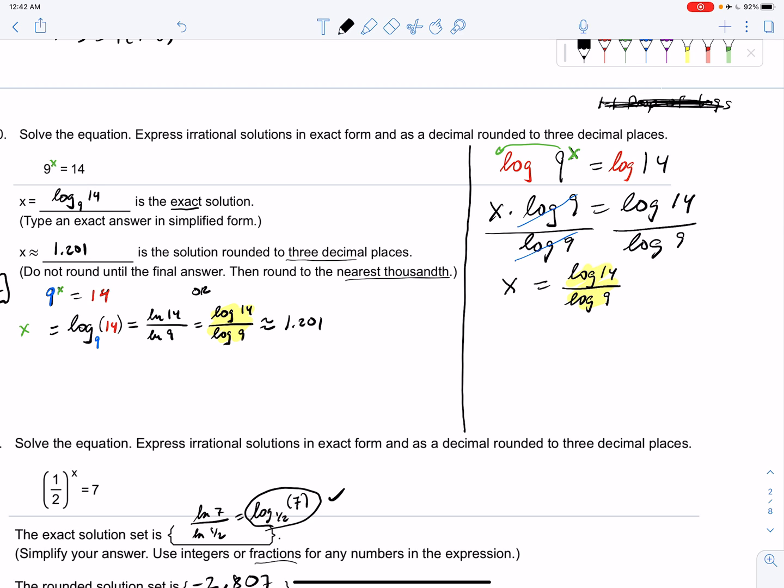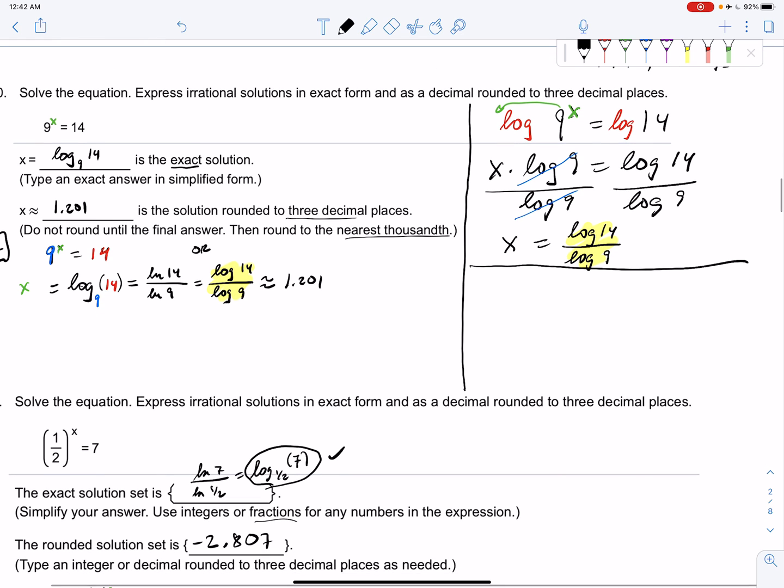And I've got one more for you. And this is probably my favorite right here. I know it's pretty sad I have a favorite, isn't it? Anyways, 9 to the x equals 14. So what I like about this next way is that, notice up here, we took the log of both sides, and most people just take the common log because they have that on the calculator, right? But kind of a tricky way is to realize that the base is 9, and if I take log base 9 on both sides,